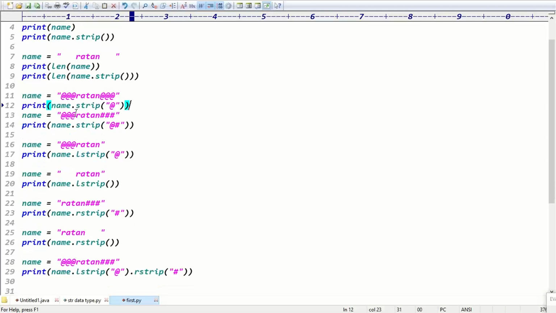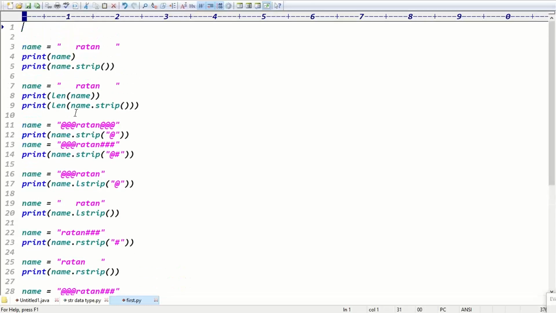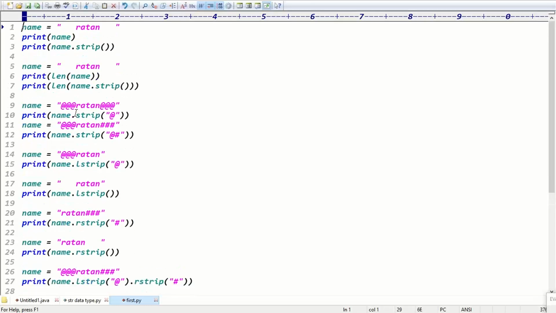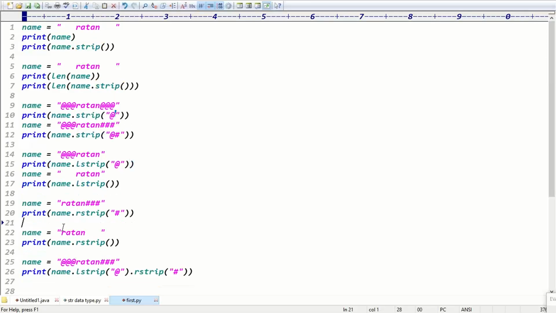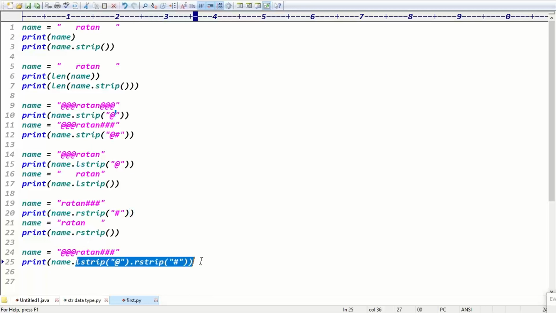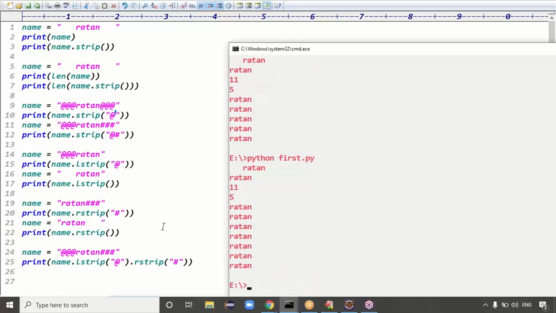Good. So guys, the first case is length, then strip of the data. This is lstrip data. This is rstrip data. This is applying both lstrip and rstrip, right? And lstrip, if we didn't give the argument, by default the left hand side spaces are removed. rstrip also, if we didn't give any argument, by default the right hand spaces will be deleted, right? Guys, yes or no? The four functions are clear.